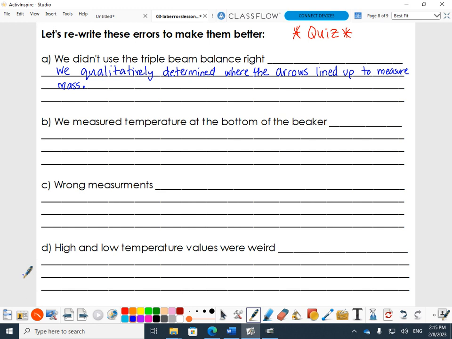Sometimes when you're in a doctor's office or the weight room, they use a triple beam balance kind of idea because using a digital scale to weigh yourself can really be influenced by where you put it. Is there something under the scale? It is a little bit more accurate for mass, but you really have to know how to use it. So you could even write something like,